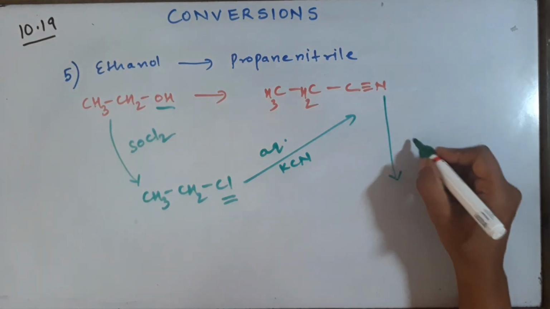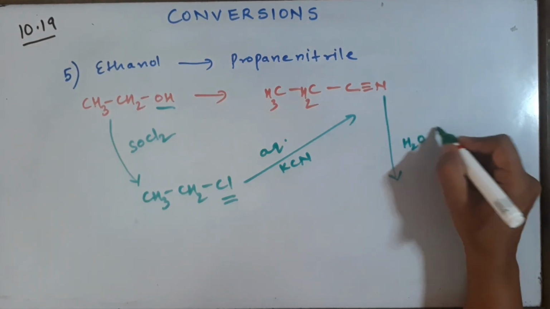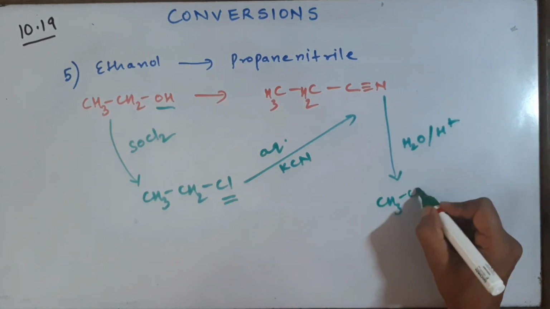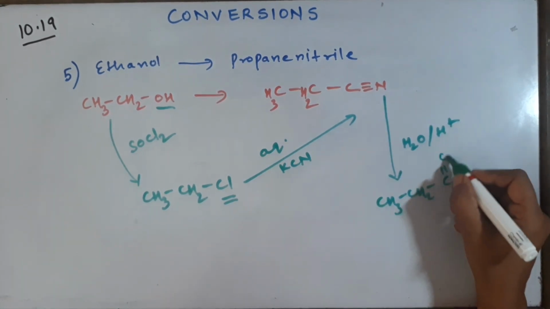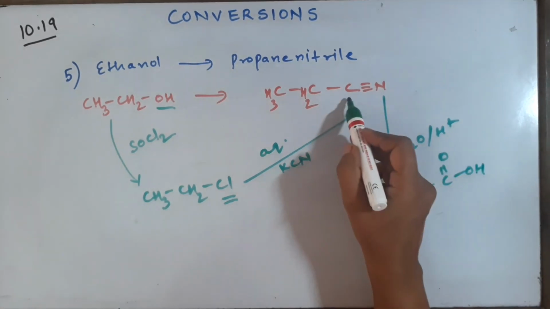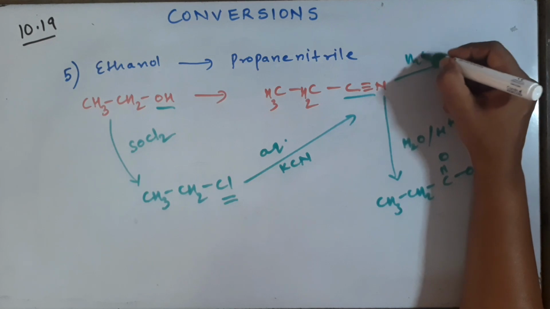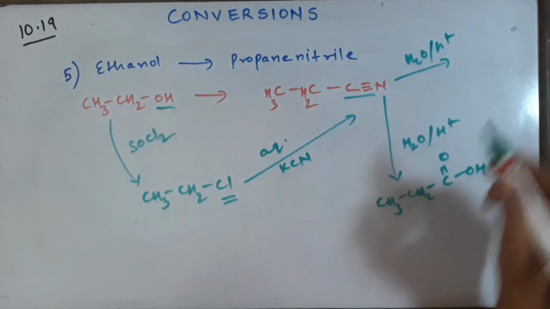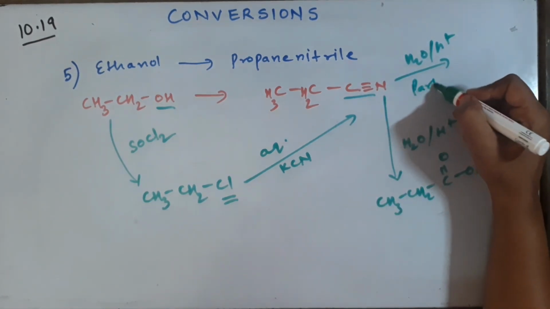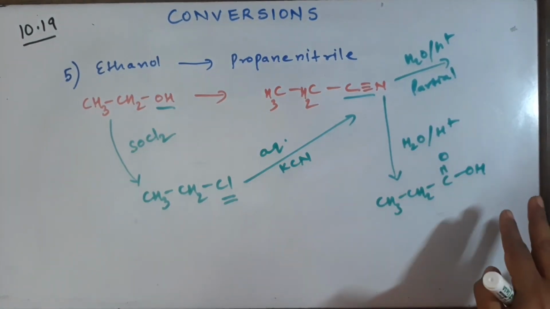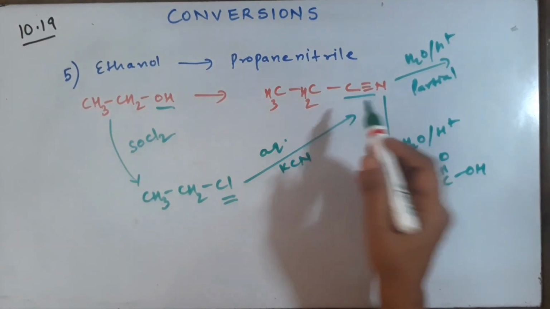And you all know, just now we had done, if you do hydrolysis completely, you will get CH3, CH2, C double bond OH, isn't it? If you do complete hydrolysis, you will get COOH. And if you do partial hydrolysis, if you just write down the word partial in the board exam, it means partial. If you don't write anything, it means complete. If you do partial, what will you get?